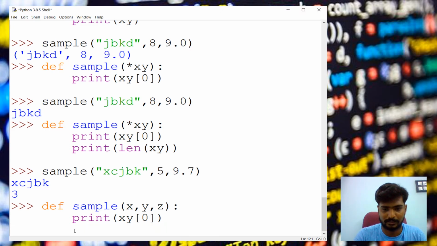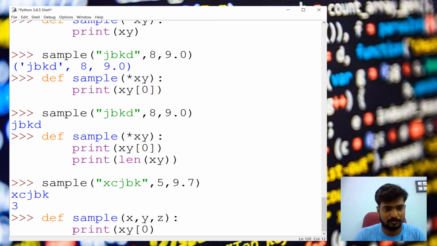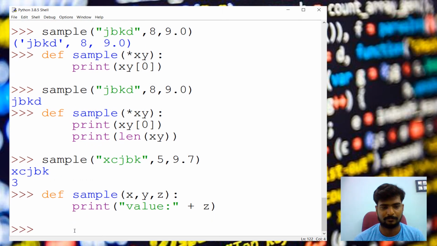One print is enough. So we are going to print the key or value. Just consider we are going to print z now. So it's like a key value pair.